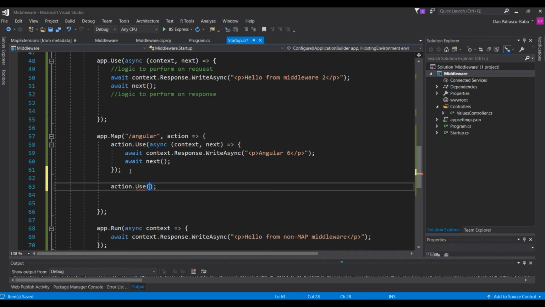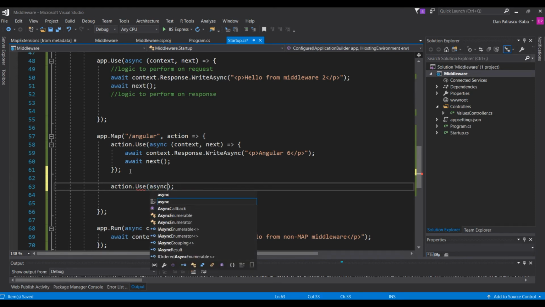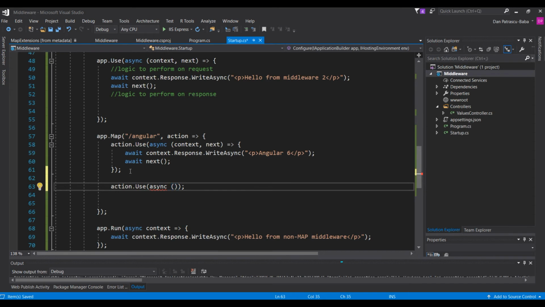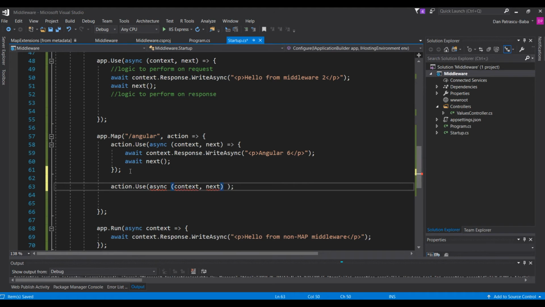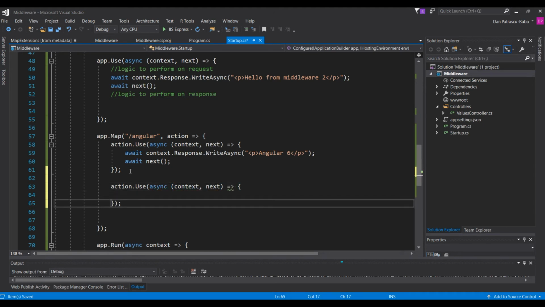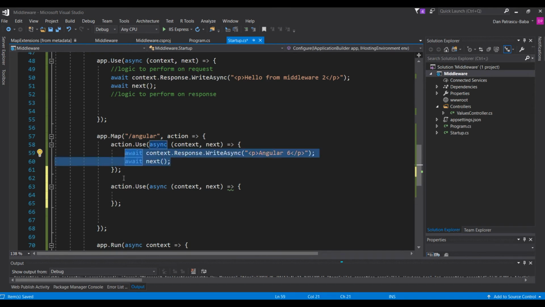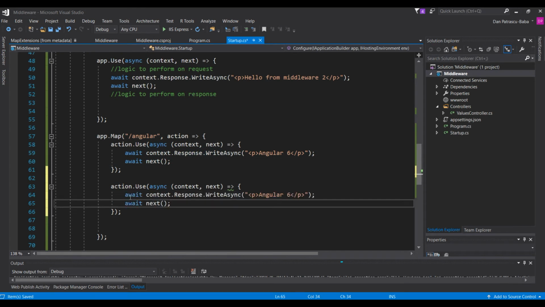Let's also add the semicolon, and we make this async. We need to provide the context and the next delegate, and then use a simple lambda expression again. And here, let's just copy this from here. As also stated in other developer ramp-up videos, it's not okay to copy-paste code most of the time, but for demo purposes, and not to waste time writing a lot of text, we copy and paste code that can be